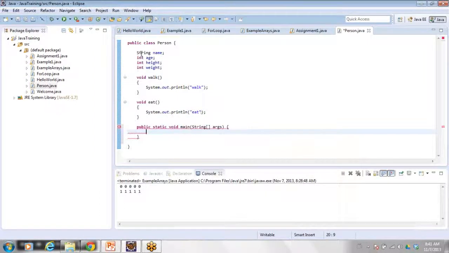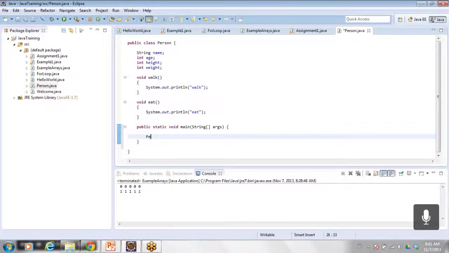So from this class I can create multiple instances. Person. So here P1 is the object. So John is the person.